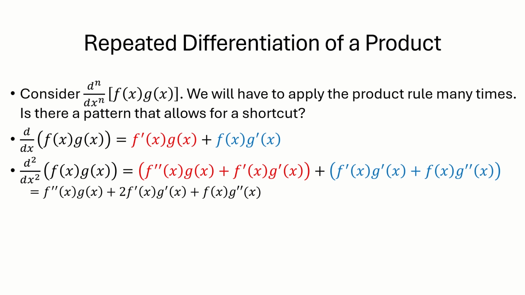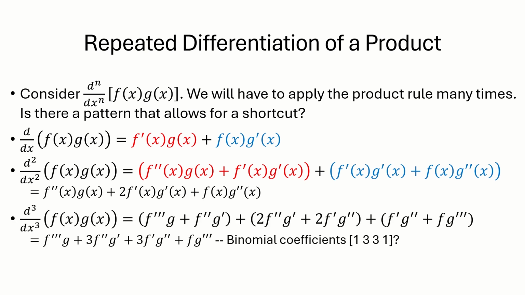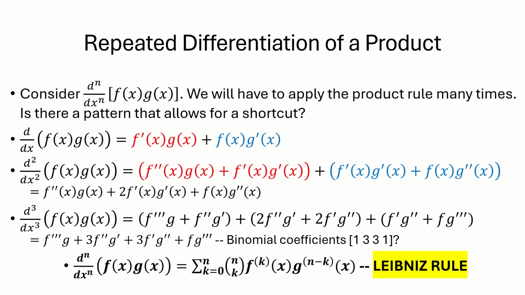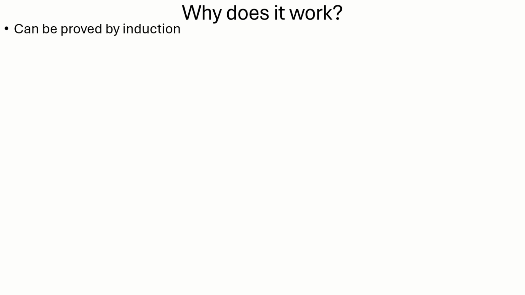Here are the first few derivatives of this product. Do you see a pattern? The pattern is that the nth derivative of the product f of x g of x is this sum involving binomial coefficients. This observation, which ends up being true, is known as the Leibniz rule. The Leibniz rule can be proved by induction, but in this video, let's just take a look at the intuition